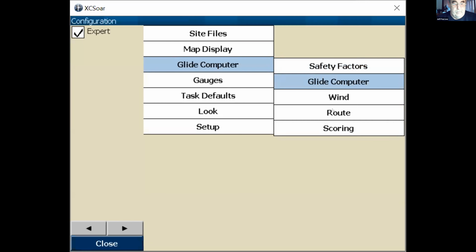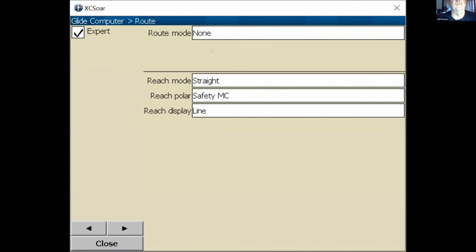If your phone isn't that powerful, you might want to change some of the route settings. This is the thing that works out how far you can go. Basically, the simplest setting is it'll try in each direction directly away from you till it either hits the ground or it hits a hill or something, and says that's as far as you can go in that direction.